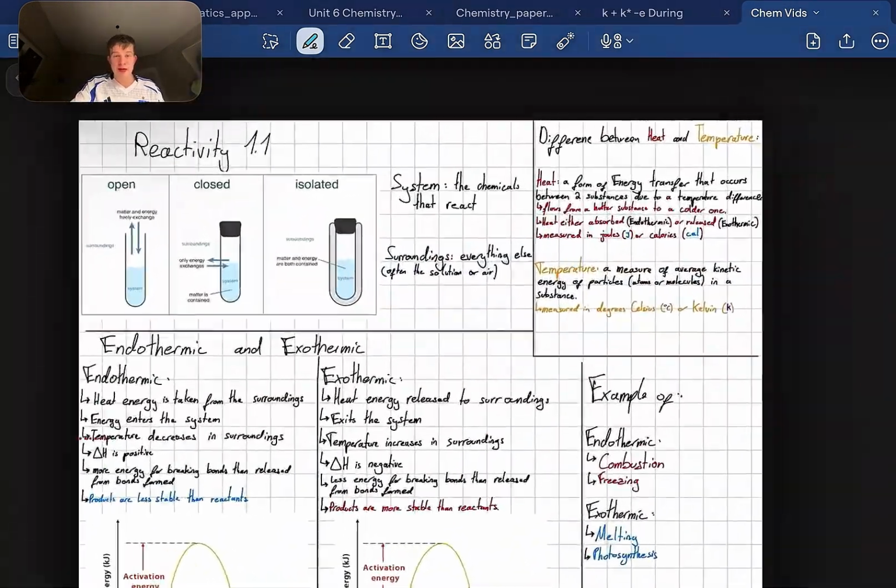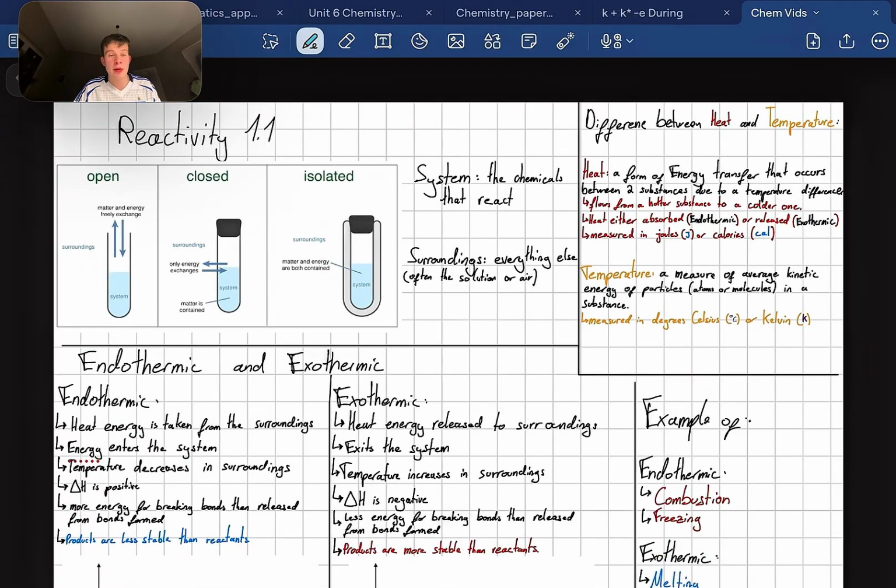So as we have talked about structure 1.1, which was talking about the kinetic energy, the different states of matter, and as well how they can be separated, the mixtures. Let's go to reactivity 1.1, which is where we're going to talk about open, closed, and isolated system. So a system is something where the chemicals that react, and the surroundings is everything else, which is often solution